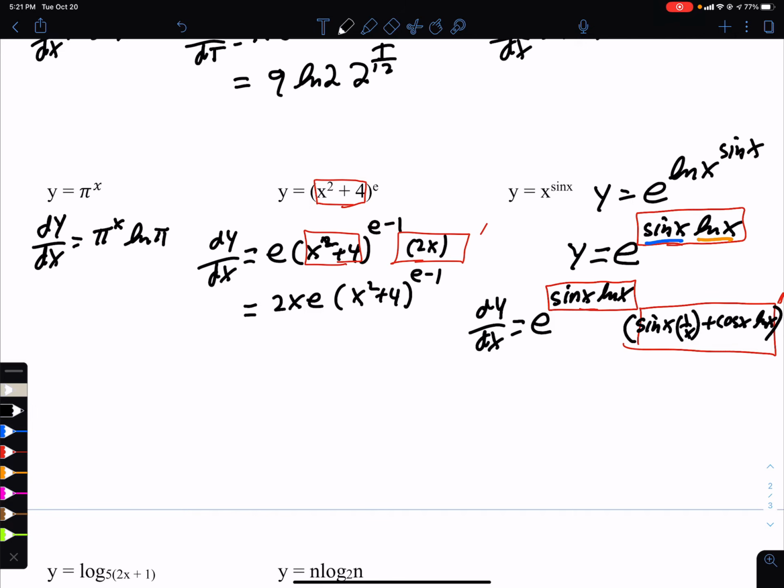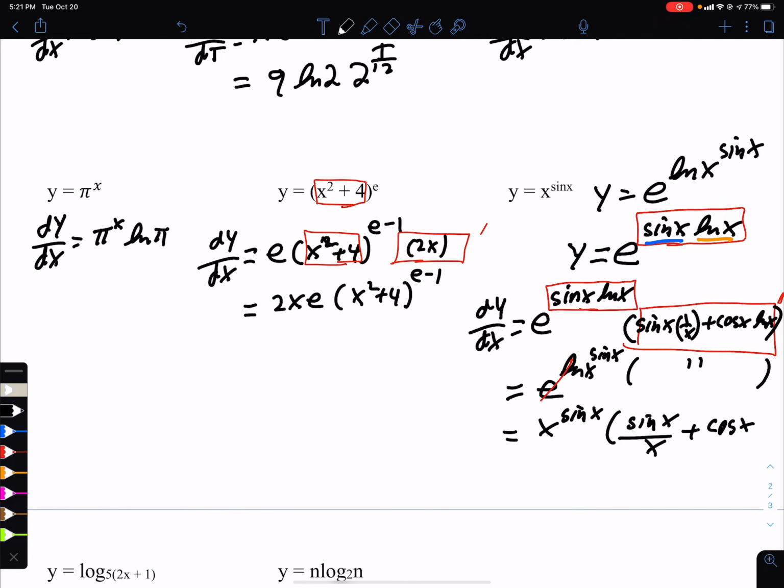Wow. So, are you ready for this? This first part, I'm going to go backwards now. I'm going to use a p in front of the log rule and rewrite it as ln of x raised to the sine x. Then we're going to cancel e and ln, and we end up with x to the sine x, and we bring this down, and so we're going to have sine x over x plus cos x ln of x. And at this point,